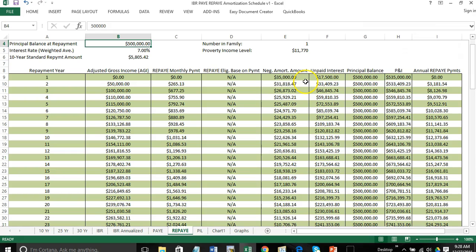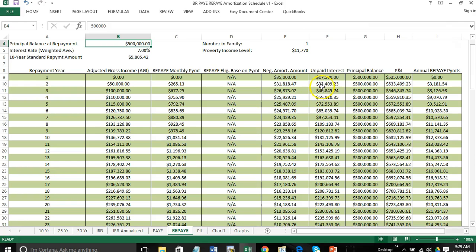The taxpayer will subsidize half of that cost, meaning only $17,500 would be carried forward. Then the second year, your monthly payments are $265, so your negative AM would be about $32,000, but again, only half of that, or about $16,000, would be carried forward. So the combination of $17,500 your first year plus another approximately $16,000 results in a total of about $33,000 of interest carried forward.